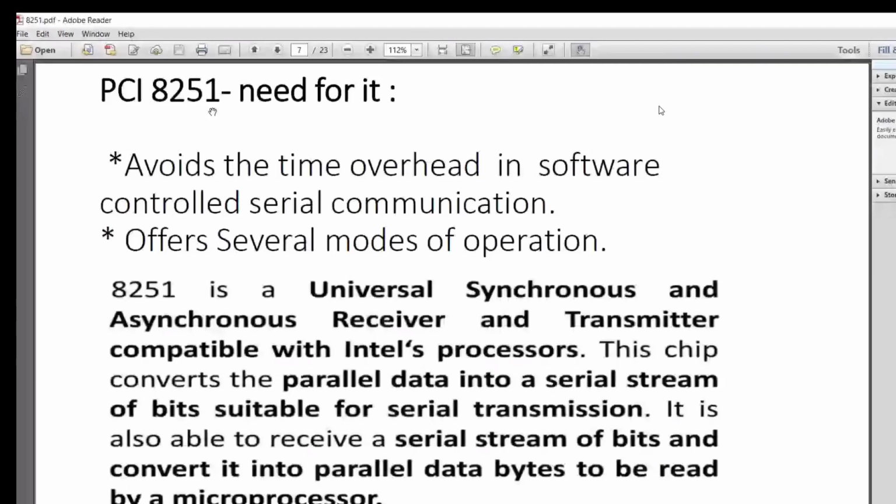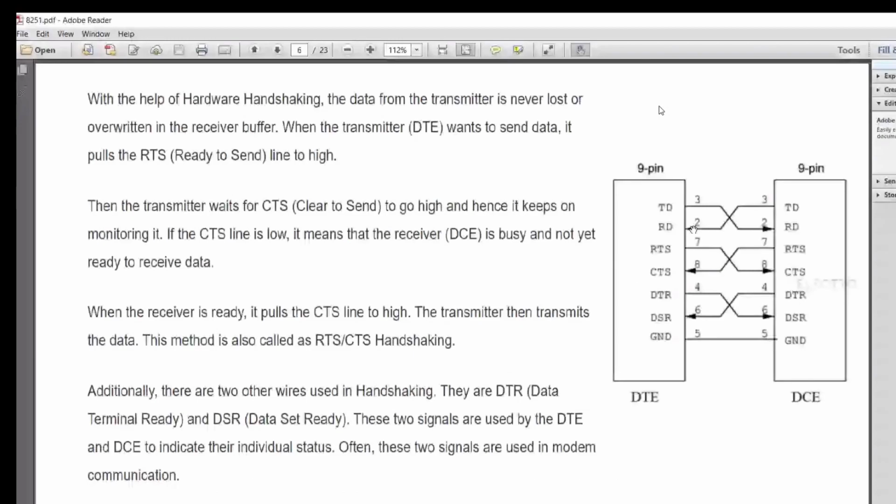Signals are actually transferred to check for readiness of the receiver, with the signal DSR checked. Whenever the transmitting terminal is ready, it indicates to the receiving equipment by sending data. Then it makes sure that a character is received, that is clear to send. Whenever clear to send comes from the receiver, only then does it send the next data. So likewise, many signals are passed. RTS and CTS are called handshake signals. These are passed for reliable transmission.